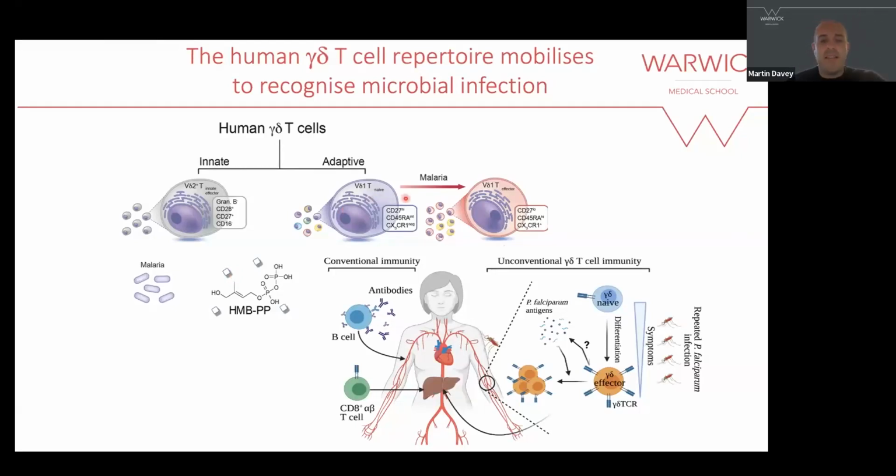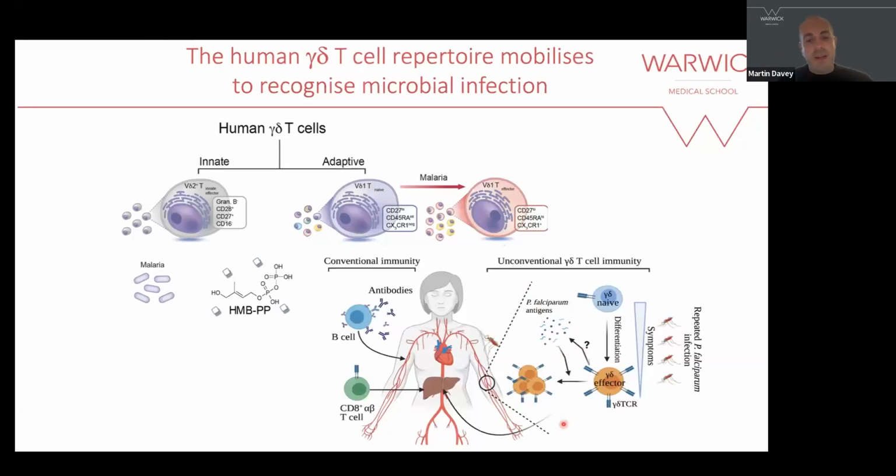But conversely, there's certainly a shift in how the adaptive gamma delta compartment is behaving. So we're getting shifts from this naive population. You're getting rapid differentiation across multiple infections to these effector-like cells, which are expanding in number. Also, if you're looking in these Malian individuals, there are highly expanded clonotypes in there. So potentially they're being selected further later down the line. And they're also reactive to Plasmodium falciparum extracts and potentially some antigens there.